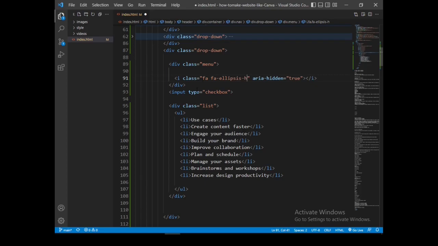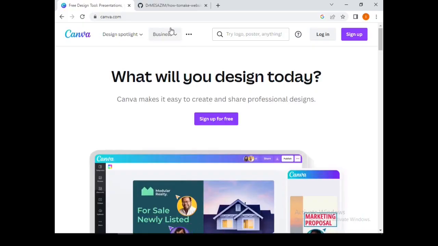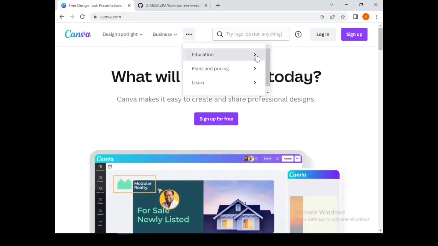Then I'll need to change this according to the design. You can see that here there are some right-pointing arrows in the text.